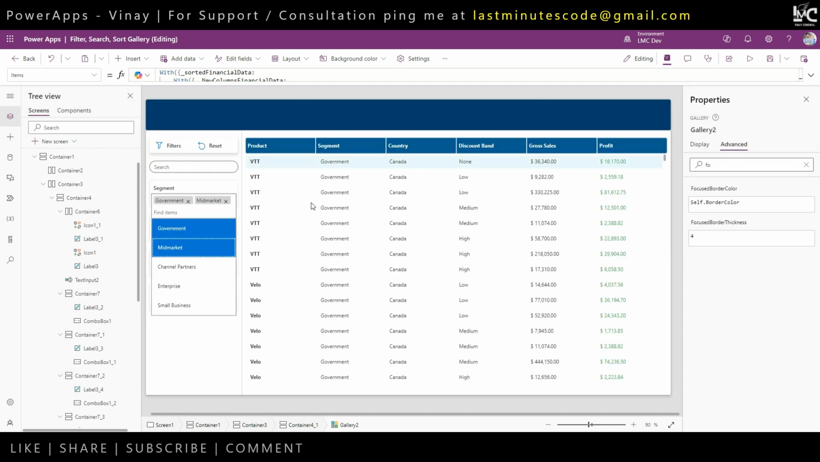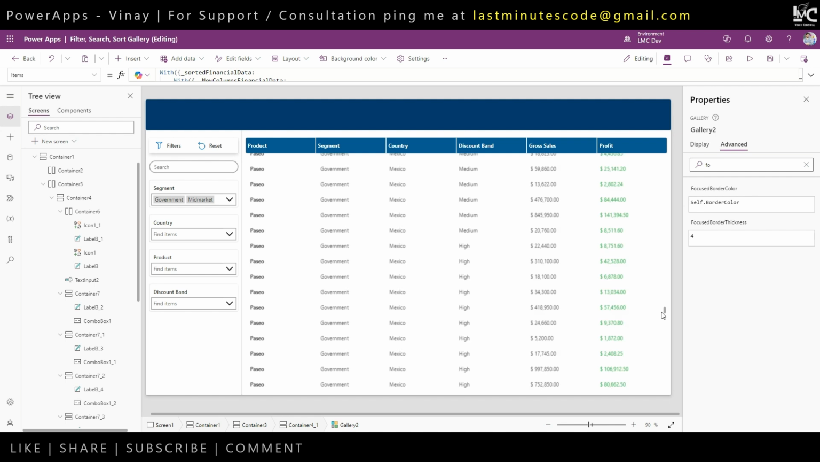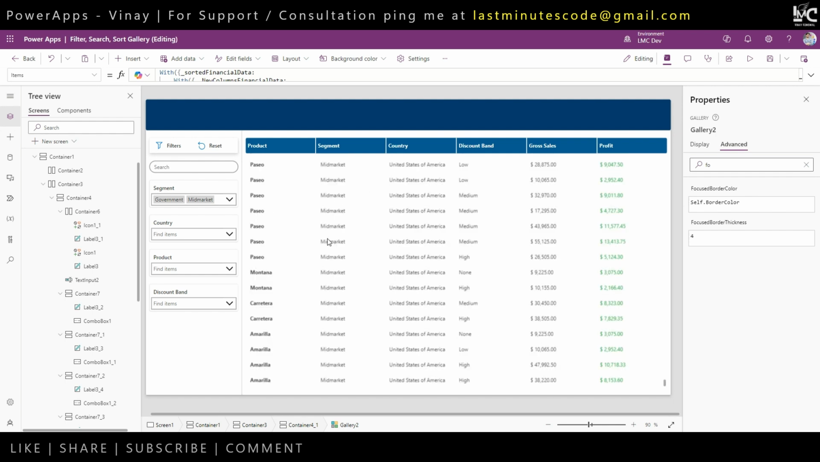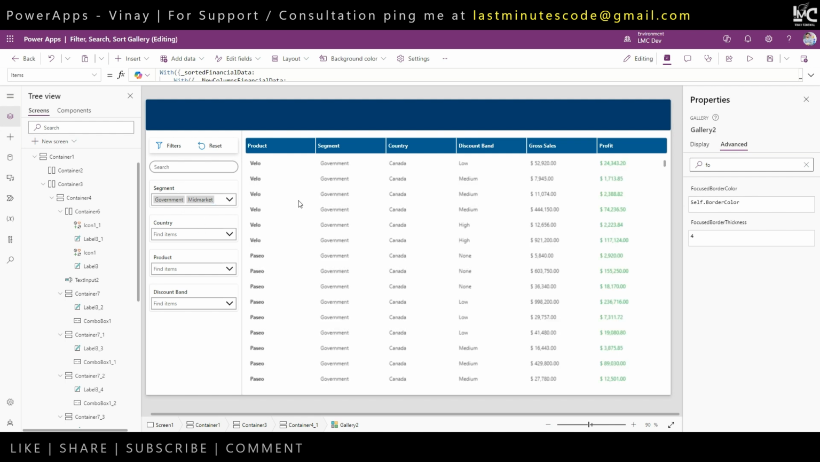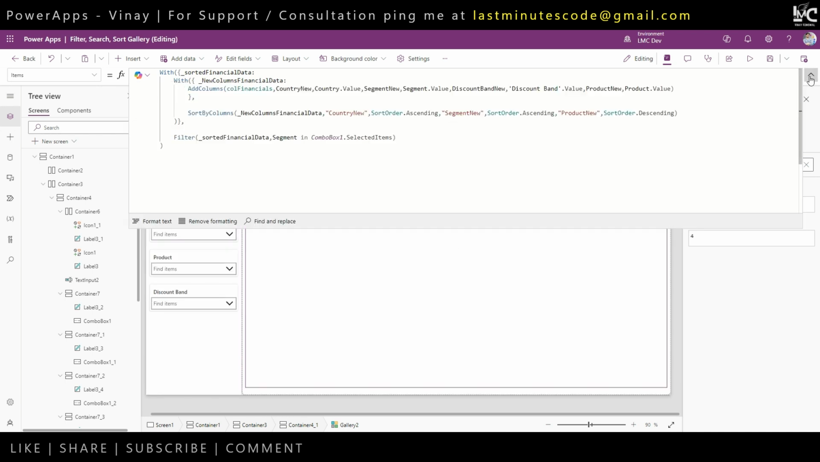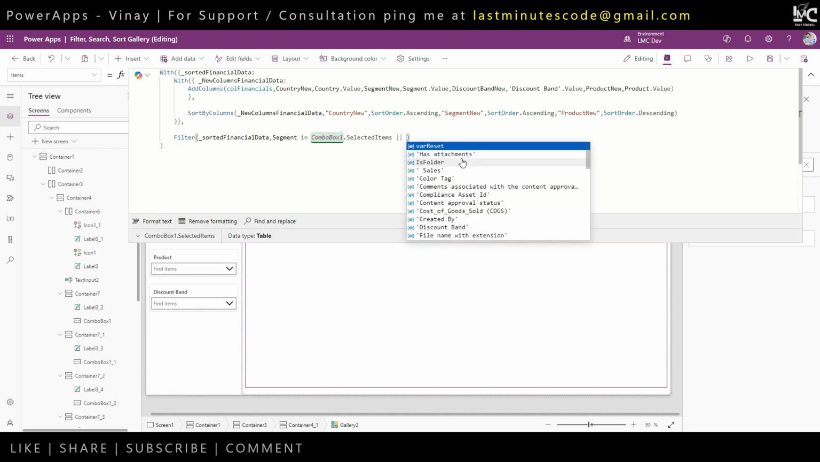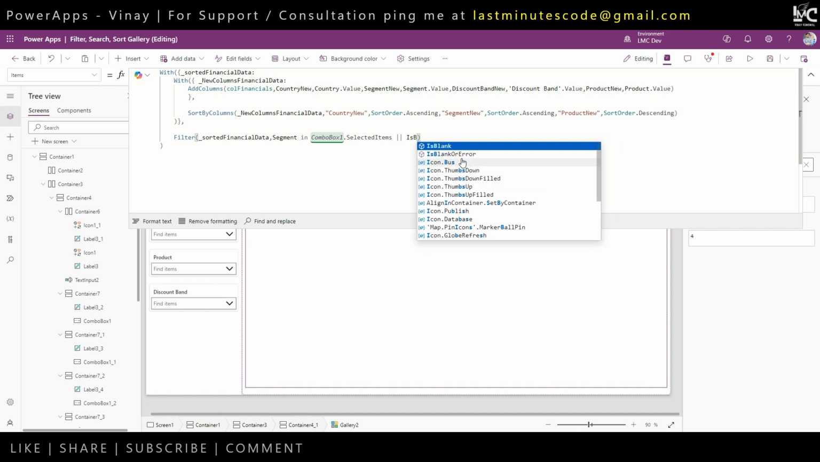See, if I select government, mid market, so see, government is coming, but if I move down a little bit, you will see mid market also. So all the data is properly filtering, right? But what if these both are empty? How to show all the data? I want to see all the data if both are empty. Then you have to write or operator up here, or is blank, or just write is empty in this case,